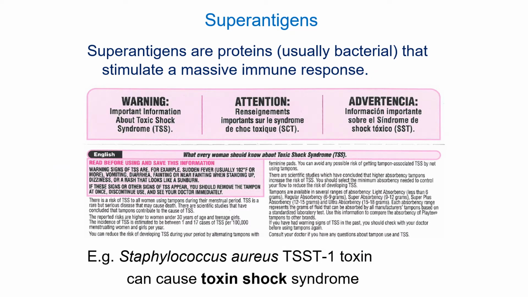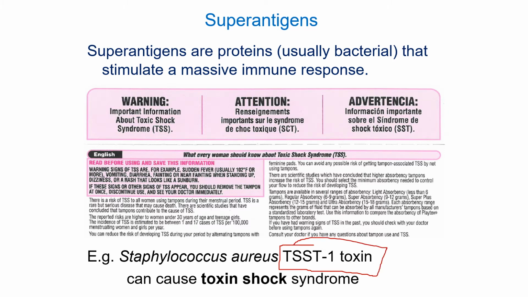So one more infection that you may or may not be aware of, we had talked about it briefly when we were talking about the mechanisms of pathogenicity, is toxic shock syndrome. This is a warning label from a box of tampons. So what is toxic shock syndrome? This is a reaction of the immune system to a particular protein. So in this case here, we're talking about this protein here. It's called the